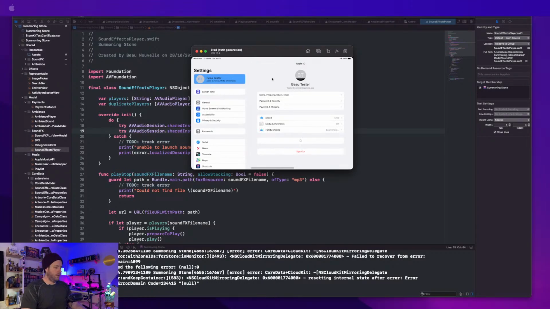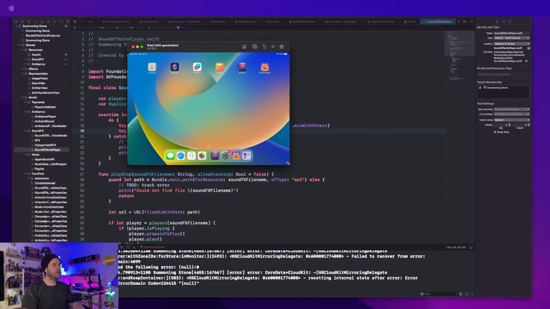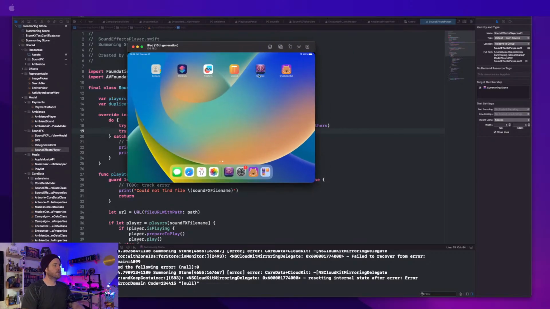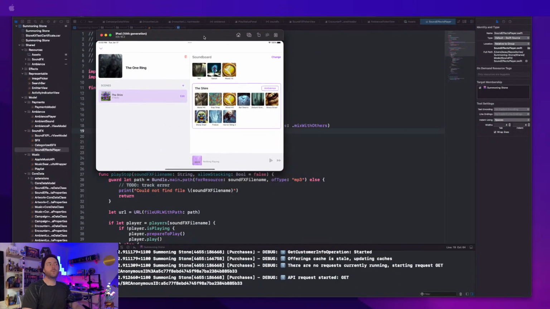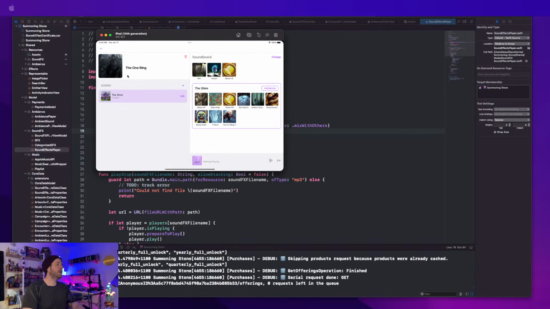Okay, we are in. Let's go home because we're jumping into working on Summoning Stone now, which is the TTRPG app, and I have added some artwork since last time. This can be replaced quite easily, but since all the stuff that's been happening with D&D in the news at the moment, I replaced Curse of Strahd with the One Ring. And if anyone's interested, it's so cool. I haven't had a chance to play it yet,